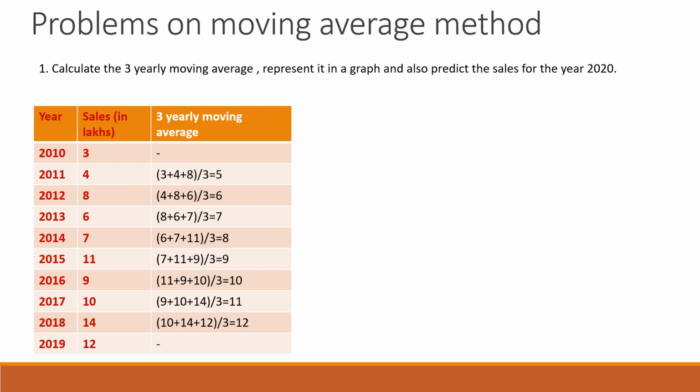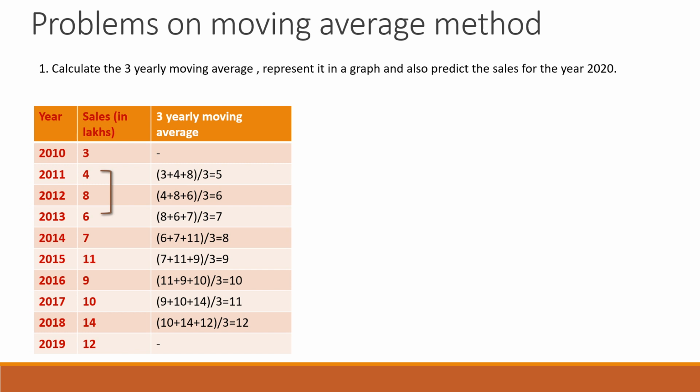So as I told before, we have to take 3 years one by one. The first 3 years are 2010, 11 and 12. So the average of that, 3 plus 4 plus 8 divided by 3, we will get the value 5, and it has to be placed in the middle of the years, that is 2011 is the middle year for those 3 years. Next we have to calculate the moving average, so we have to replace 3 with 6, that is 2011, 12 and 13,